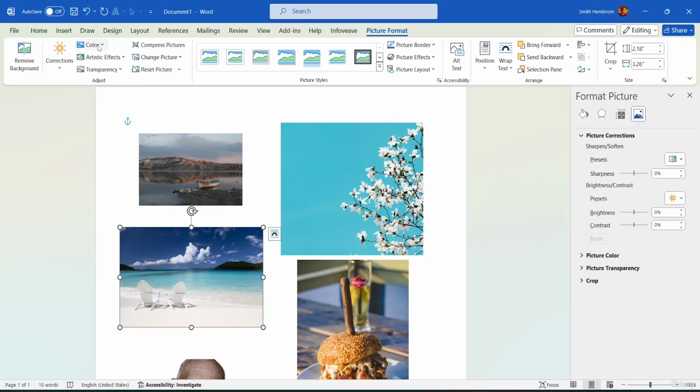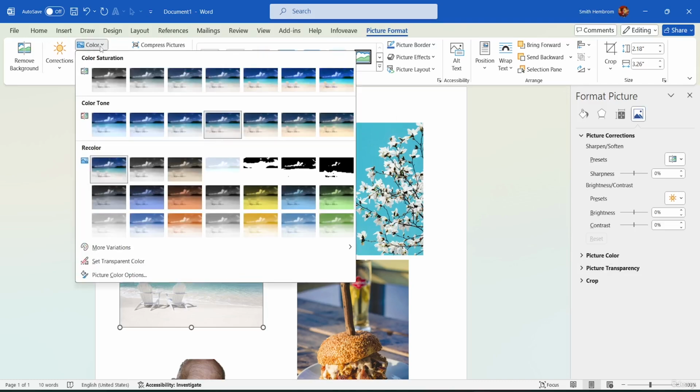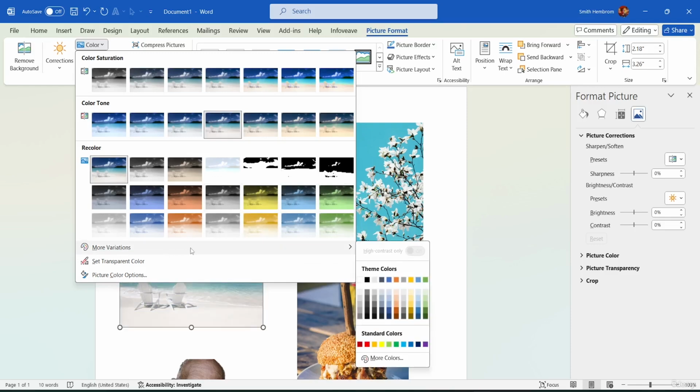So for that, let's come back over here to Color. You can see that you will be able to work with the level of saturation and the color tone. If you want to recolor it to any other color over here, you can just see that the color of my image changes once I hover my mouse over these options. And if you want to see more variations, you can choose the color of your liking